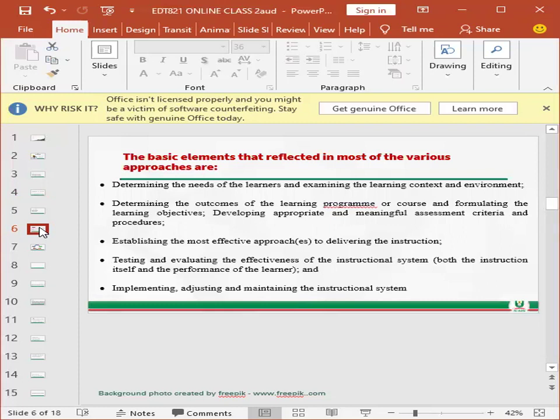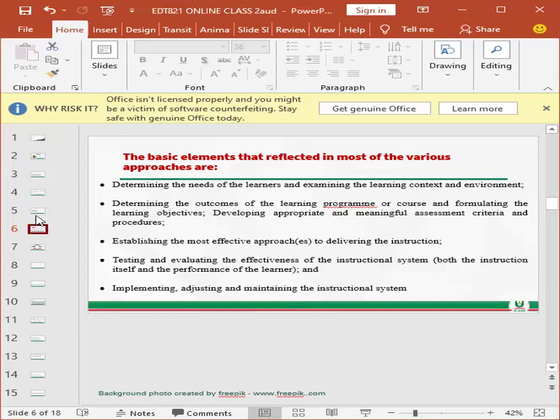Determine the outcomes of the learning programs or course and formulate the learning objectives. Develop appropriate and meaningful assessment criteria and procedures. Establish the most effective approaches to delivering the instruction, and test and evaluate the effectiveness of the instructional system,